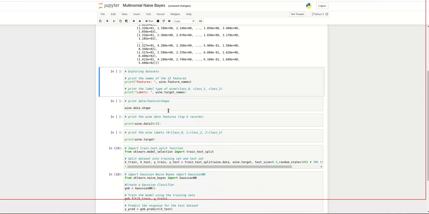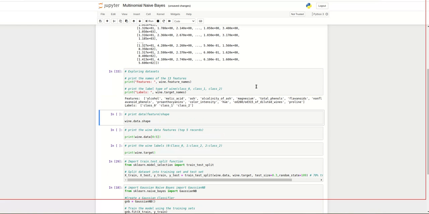Then after that we need to explore the dataset. So we divide the dataset into features and labels. Features are mainly the independent variables, meaning independent columns, and labels are the dependent column, which depends on features. So we load this, and the features imported are alcohol, malic acid, ash, and so on. From labels it means class 0, class 1, class 2. So it has three labels, that is, three categories.